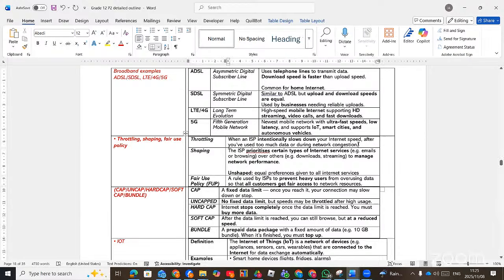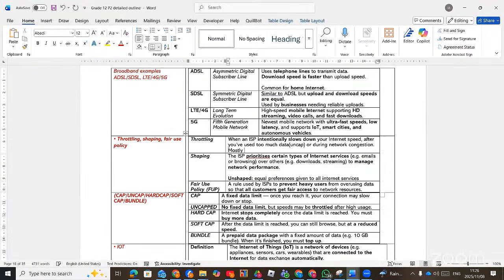So in the scenario base, they can ask you that question. Why will an ISP throttle people or their customers? Normally they do that when you have used so much data for uncapped. So they don't do throttling on capped. They do throttling on uncapped. Or when there's a network congestion, they can also reduce your speed. So take note, throttling is mostly done,